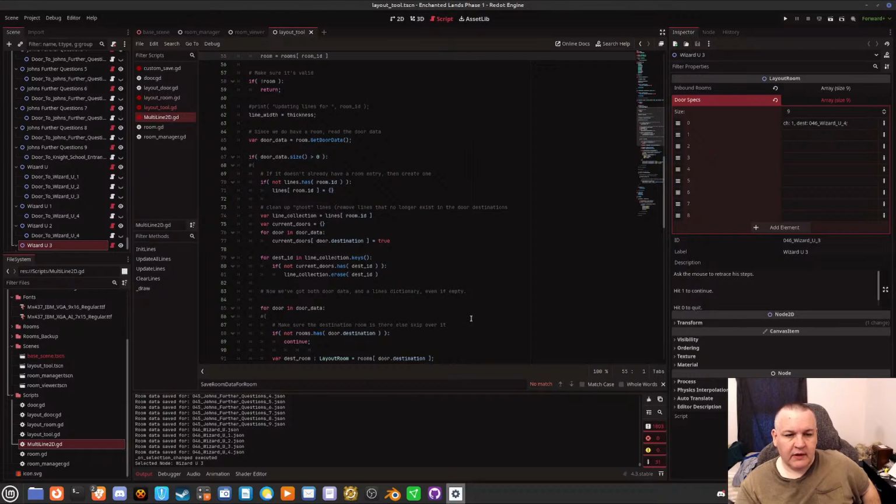If door data dot size is greater than 0,